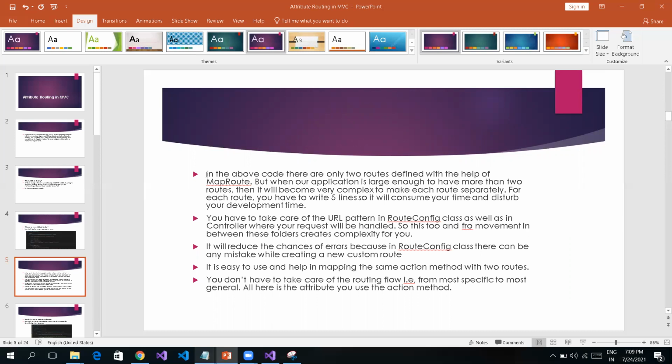Moving between these folders creates complexity for you. To reduce the chances of errors in the RouteConfig class, since there can be a mistake while creating a new custom route, attribute routing is easy to use and helps in mapping the same action method with two routes. You don't have to take care of the routing flow, from most specific to most general. Here it is all attributes, which you can use on the action method.